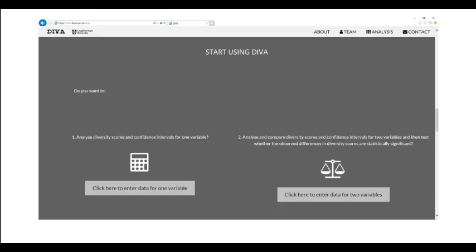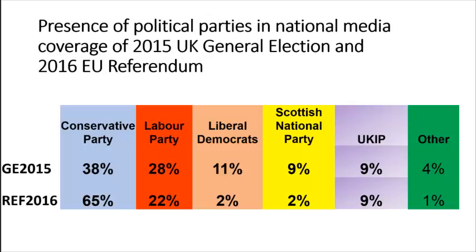To compare the diversity scores and confidence intervals between 2 variables, you select the right-hand tab on the entry screen. This option allows you to calculate the probability that any observed differences between 2 diversity scores occurred by chance. To show how this feature operates, we compare the data distribution already presented of directly quoted political representatives in national news coverage of the 2015 UK general election